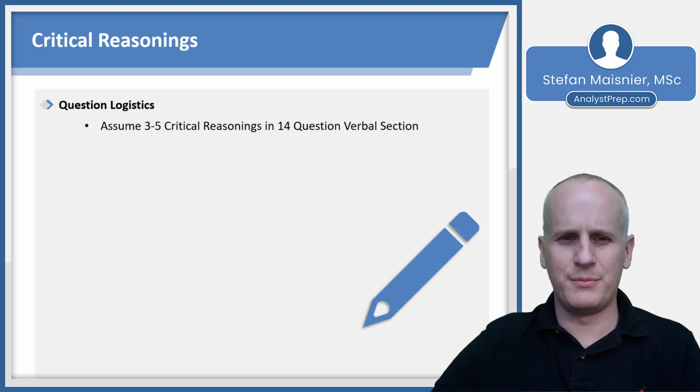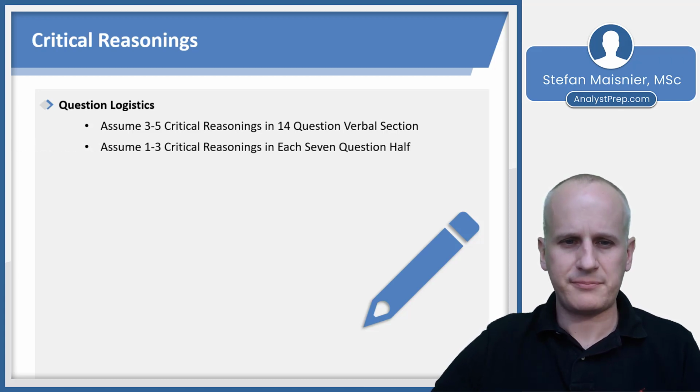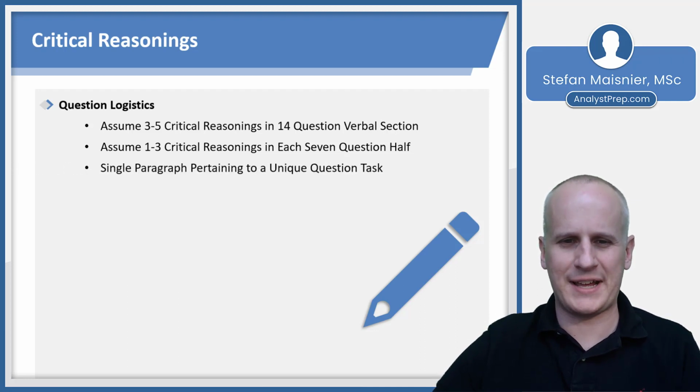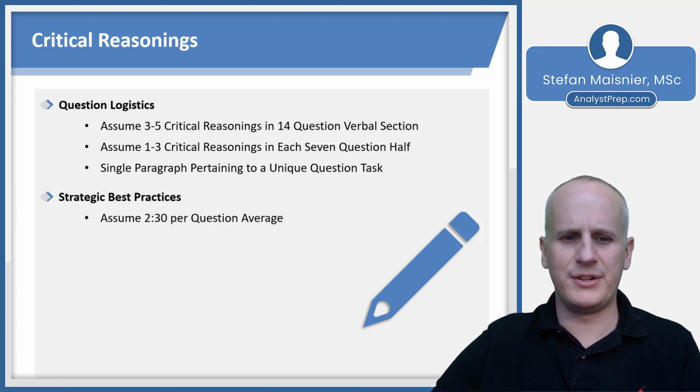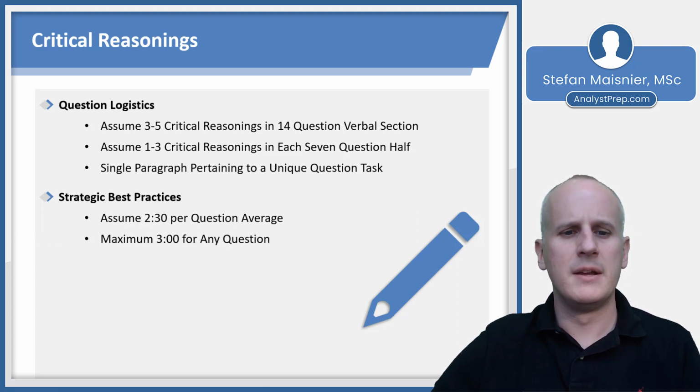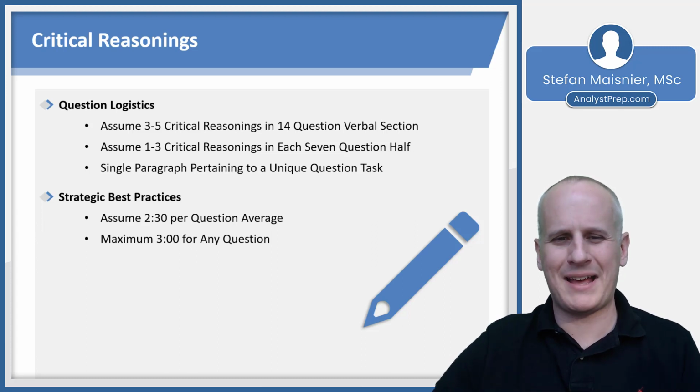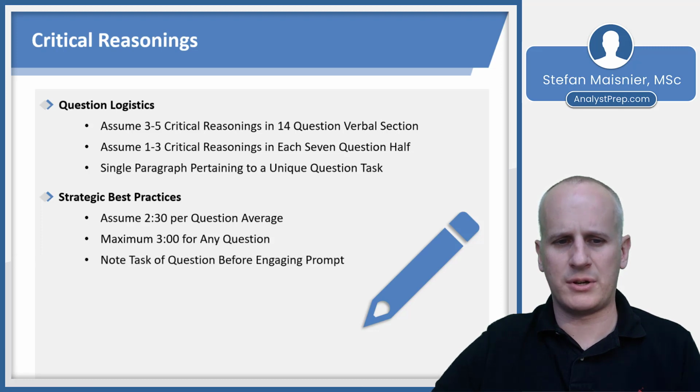Remember that you want to assume that the section has 3 to 5 critical reasonings in the 14-question verbal section. You're going to have somewhere between 1 to 3 critical reasonings in each 7-question half. You'll have a single paragraph pertaining to a unique question task for each of these problems. And strategically, you want to assume about 2.5 minutes per question on average because these require the closest read. You'll want to hold yourself, though, to a pretty strict 3-minute maximum for any critical reasoning style question in the